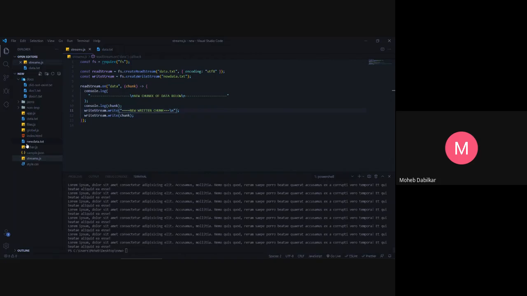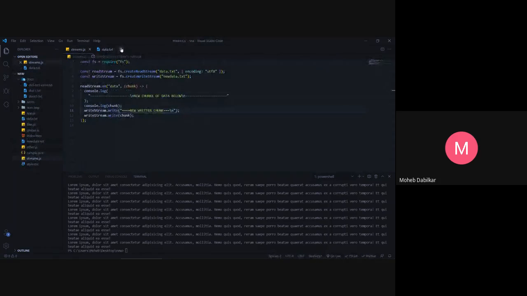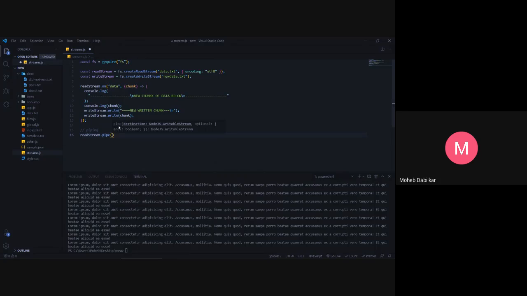Okay, so now our new data has a nice new chunk of data. So that is your read stream and write stream data. And then there is something we know as piping. So this is your piping data. This is just a way of saying, hey, look, this just ended over here. So now if I do this readStream.pipe(writeStream),